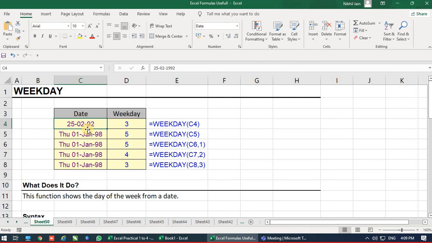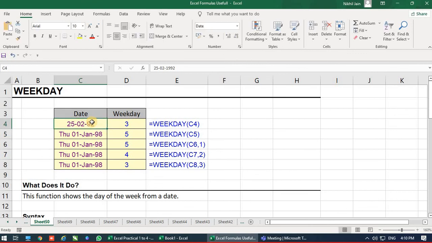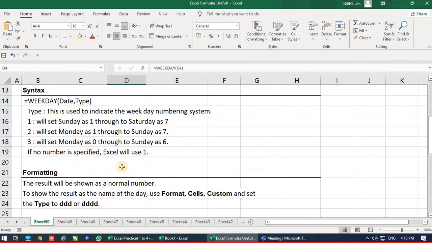So Tuesday is the third day of the week. How come Monday is not the first day? No, if you check the calendar, Sunday is the first day of the week, Monday is the second, and Tuesday is the third day. If we type today's date, equal to today bracket open close, today is the sixth day. How, sir? Today is Friday. Friday is basically the fifth day. No, this is the thing, we are using British format. So in British format,